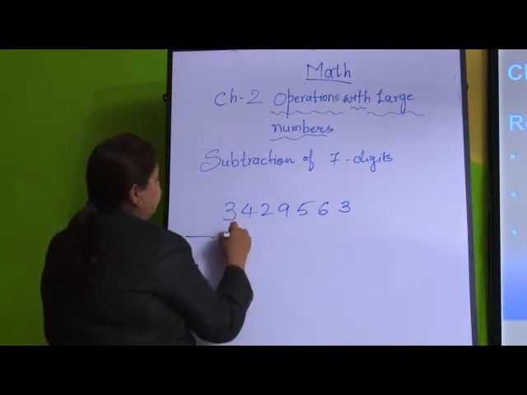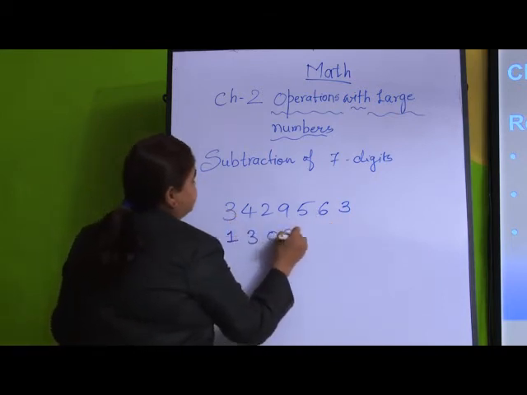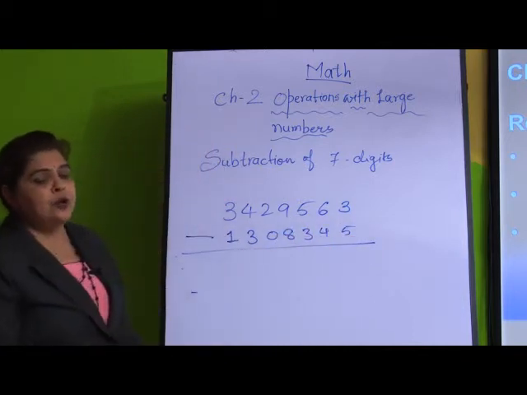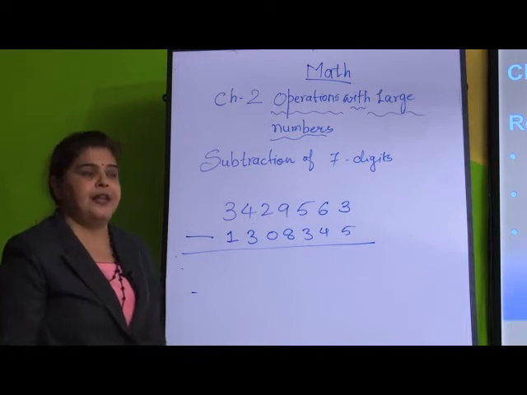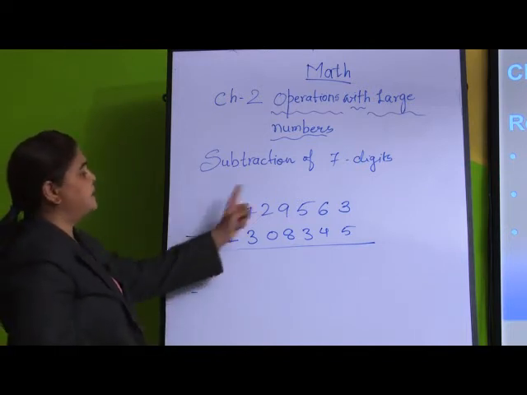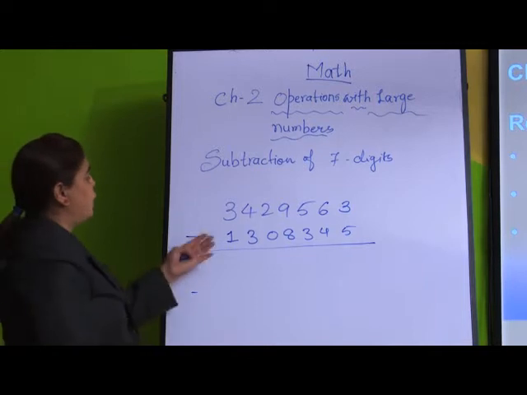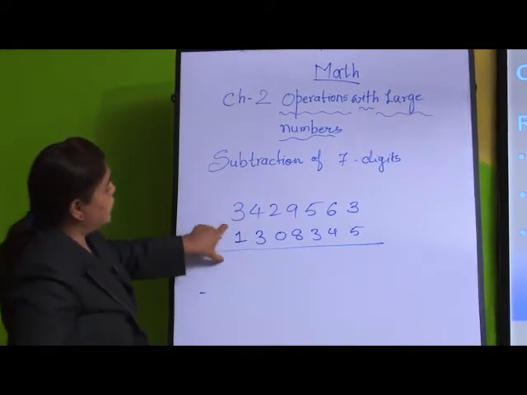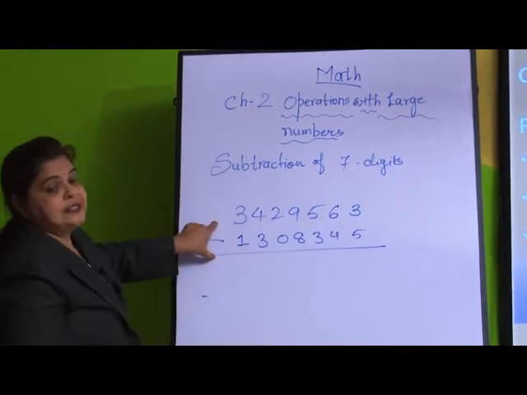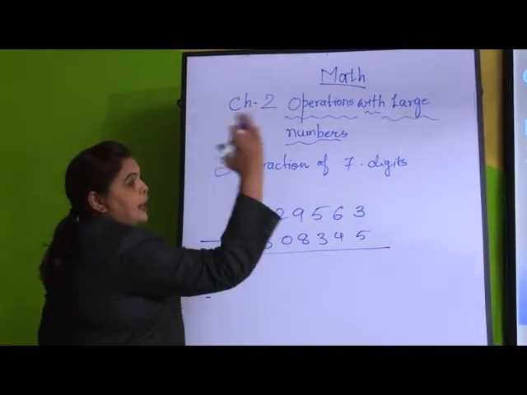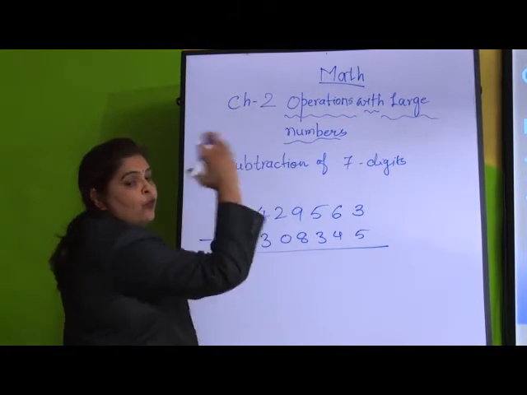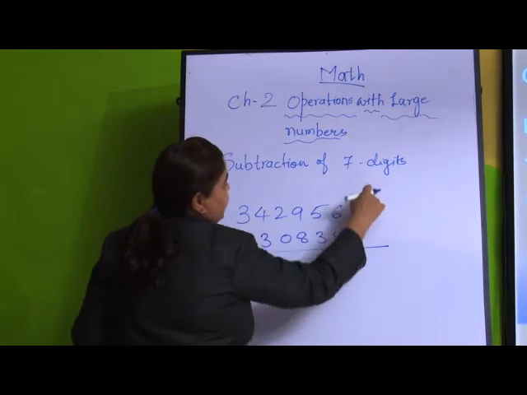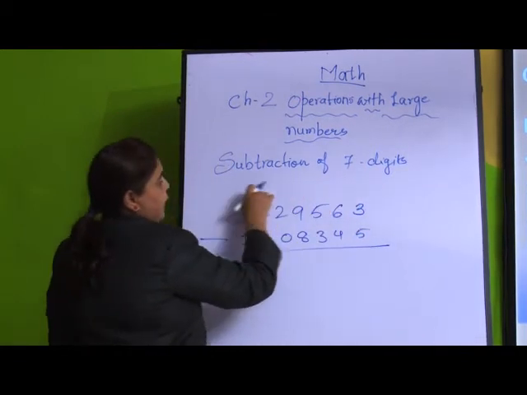Again suppose the number is this. Can I do the subtraction of this? Yes, I will try my level best to do the subtraction of this because the number I had written is bigger than the one I am going to subtract. So, here again I told you, when we do the operation we have to start from the right hand side, that is our ones, tens, hundreds and so on.